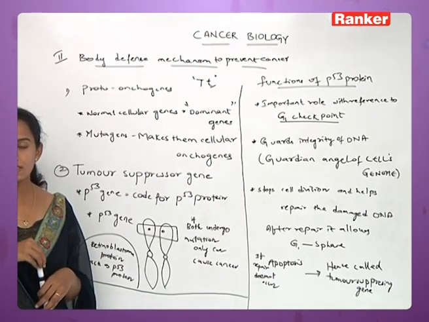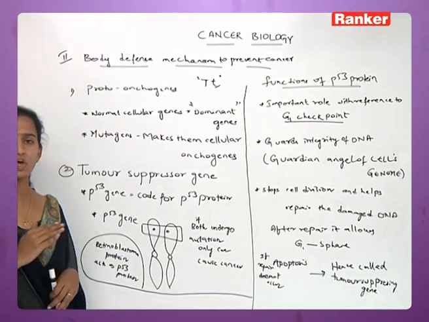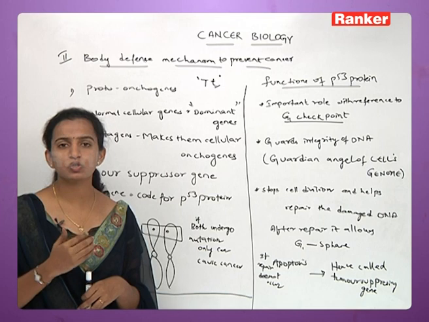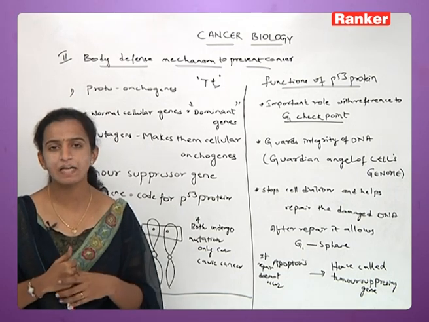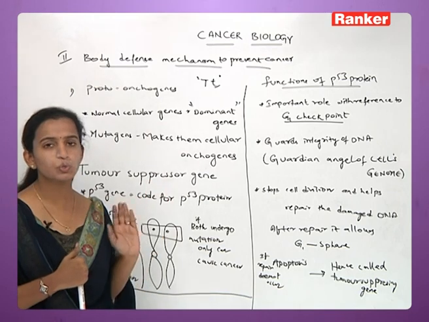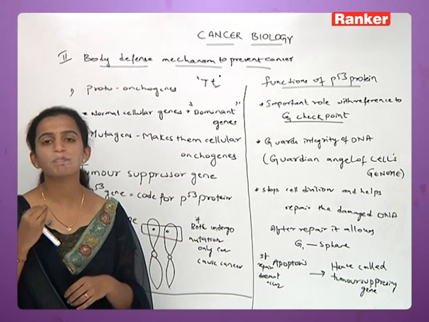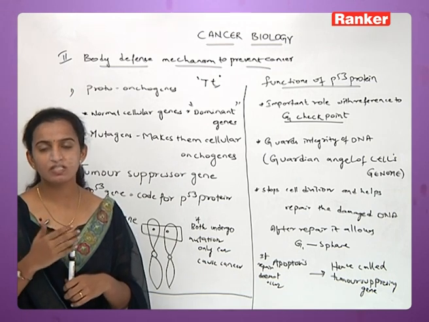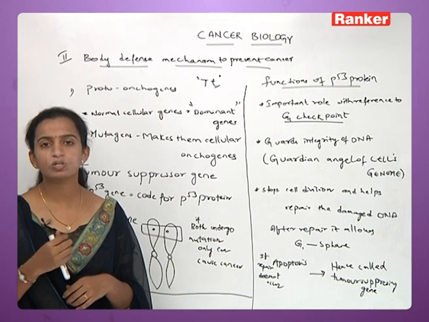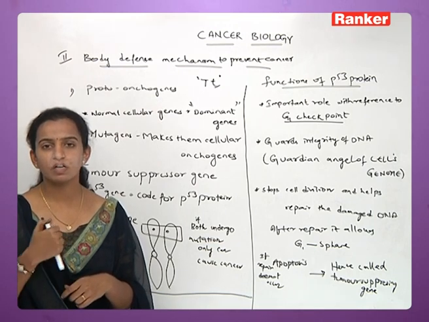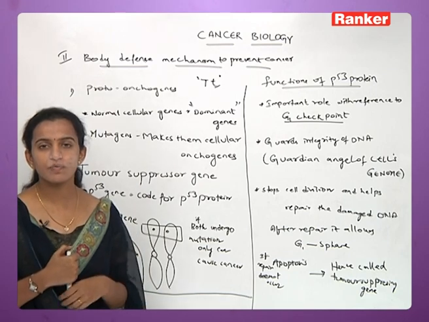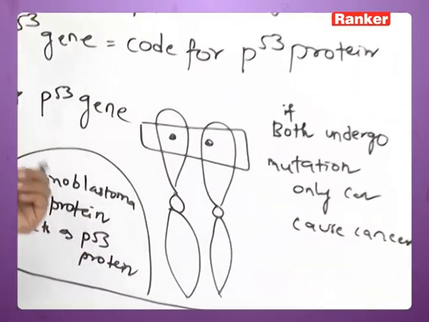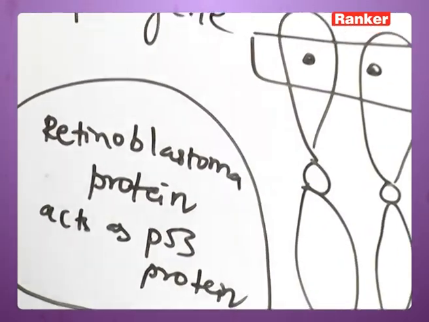Now what it is doing is that its function is also equal to the function of P53. This retinoblastoma is also acting as a checkpoint itself. So these two together help normal cells to be prevented from becoming cancer cells. These are the two proteins which help the body not to undergo any sort of abnormal divisions of a cell. So these are the tumor suppressor genes present in our body: the P53 protein, and the other one is the retinoblastoma protein.